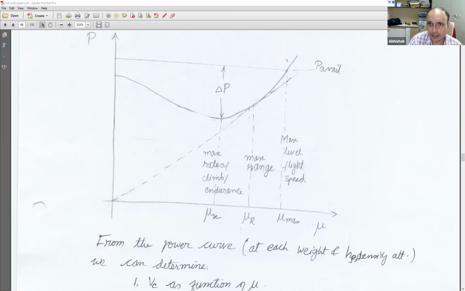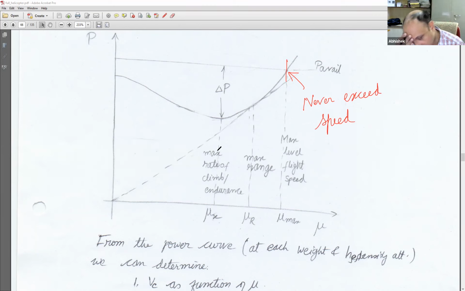Wherever your power available matches the power required, that becomes your limit. It's called maximum level flight speed or never exceed speed. So that is easy to get as long as you know the power available graph from the engine. Other two things,